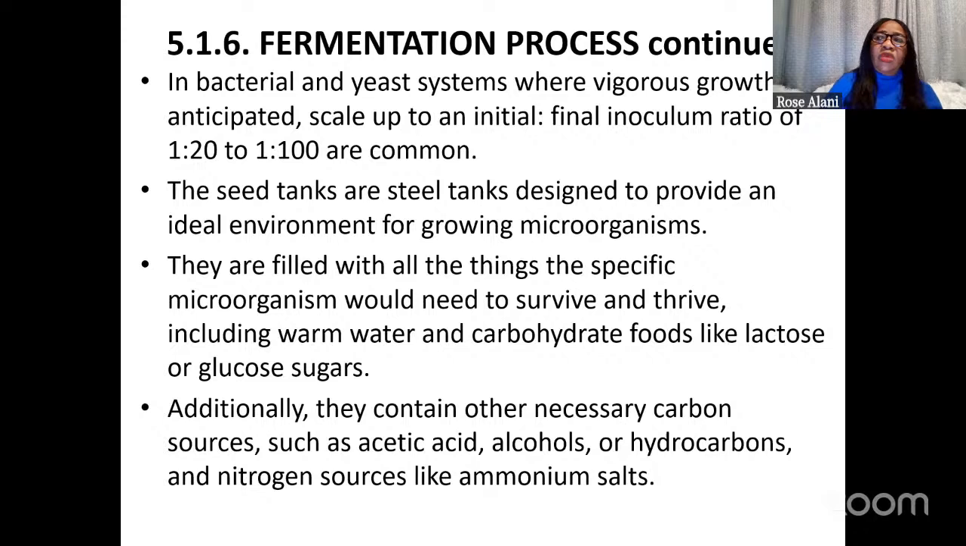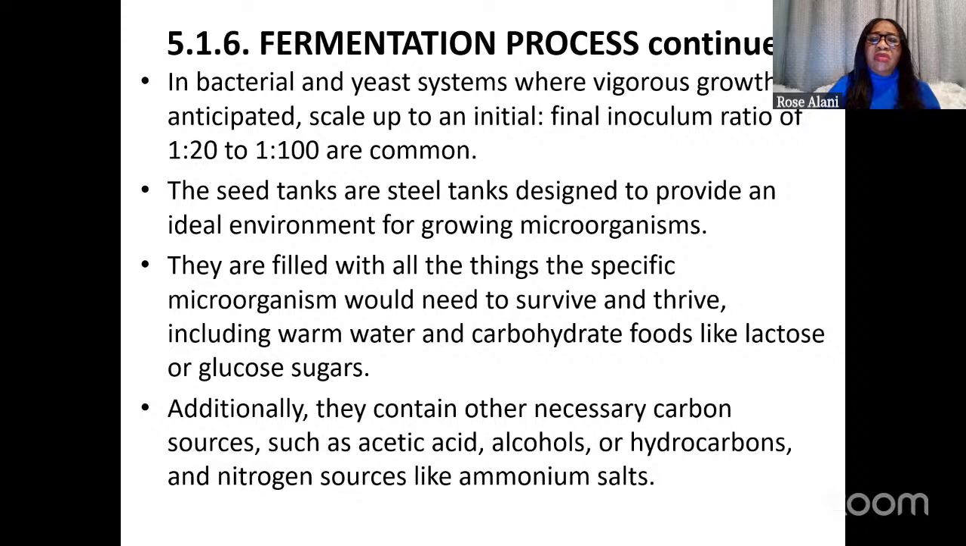The initial one is the small one, the little one you added. You can scale it up to final inoculum. So you scale up from 1 to 20 ratio. That is, 1 is initial, 20 is final. You scale 1 to 20 ratio to 1 to 100 ratio. This is the common scaling up that is carried out. So initial 1 is to final 20. You scale that up to 1 to 100. And in this case, what is used to